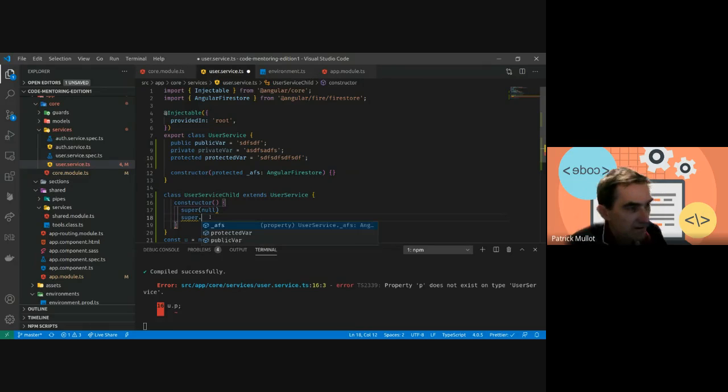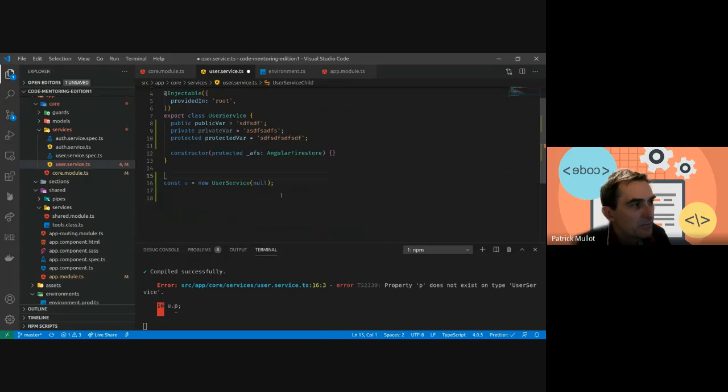And if I look at what variables I have in super, I have the public and the protected one. I still don't have the private. The private is only available in the UserService, but the protected variables are available in the UserService and all the descendants, all the children of this class. So that's why it's a little bit maybe complex, and we don't need that at the moment. Just remember that